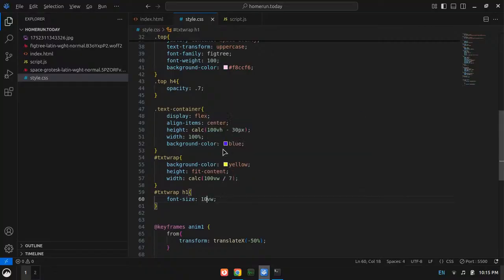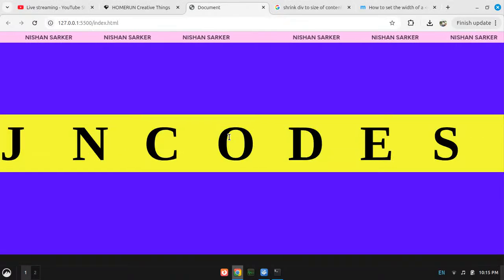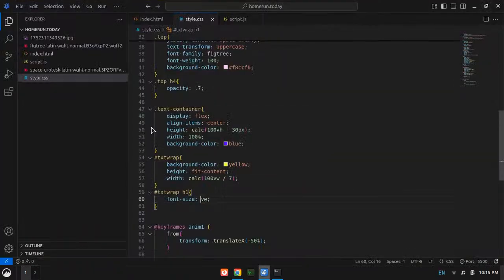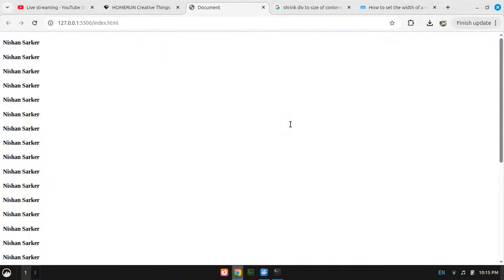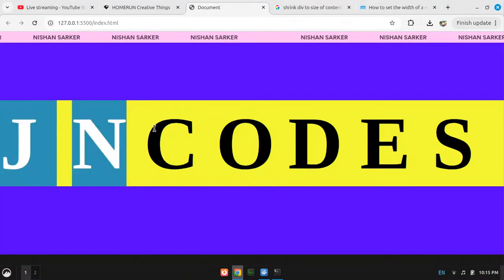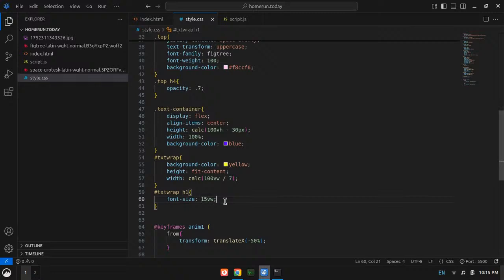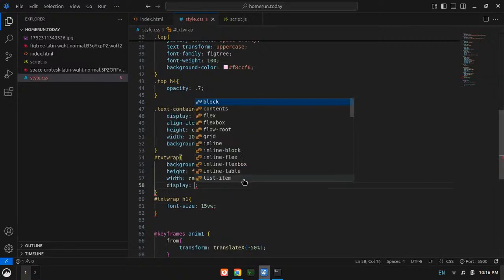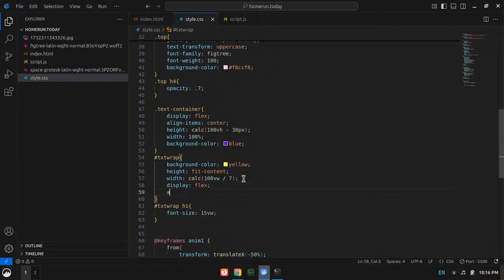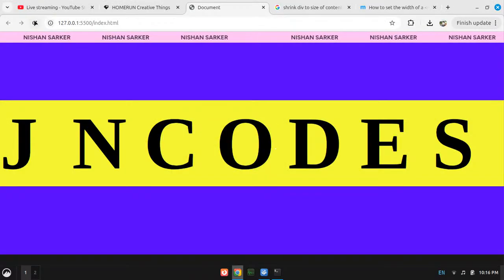Let's say 10 VW, that would be almost there. Let's say 15 VW. Yeah, we are almost there. And here I need display flex and also align items center, right? And now it works perfect, I guess.